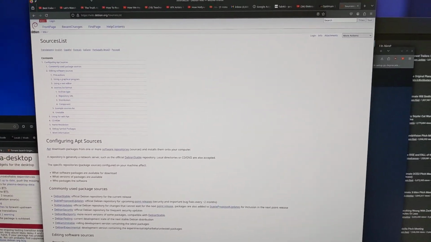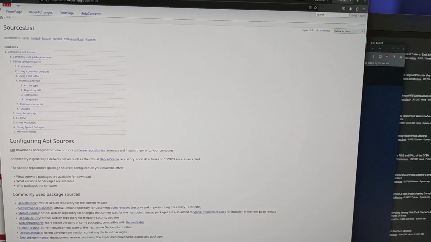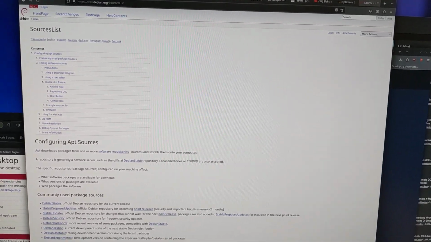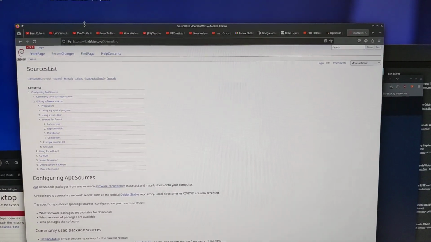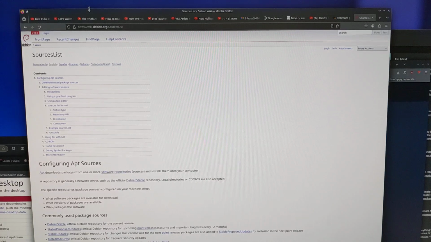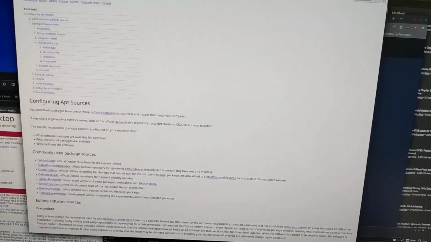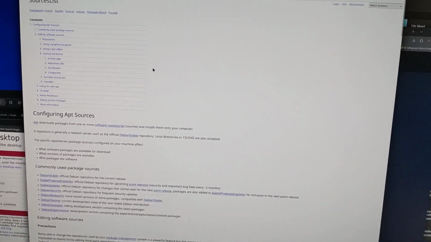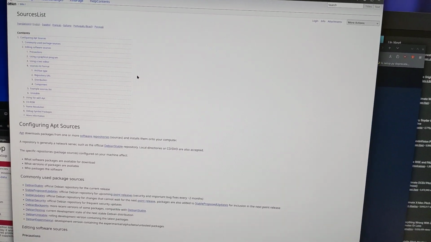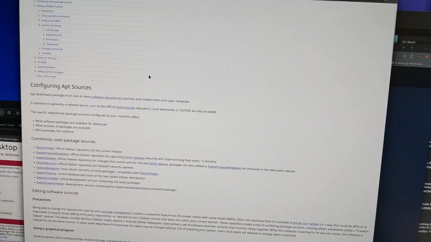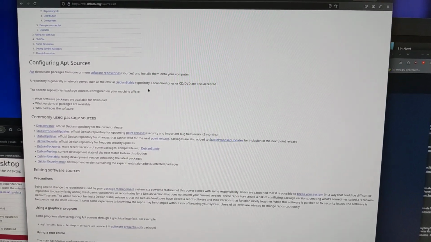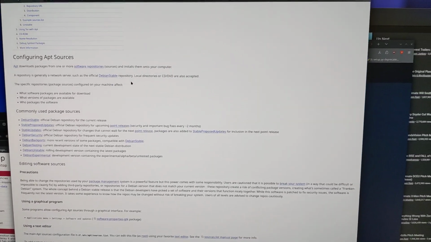Hi everyone. In this video, I'll talk about the sources.list, about an update that has happened. Not sure if it's in Debian stable, but it's definitely coming. I'm on Debian unstable, so Trixie, and you might already have it. So if you went to your sources.list file and you found that it's no longer there,